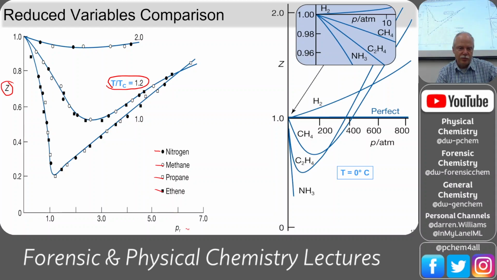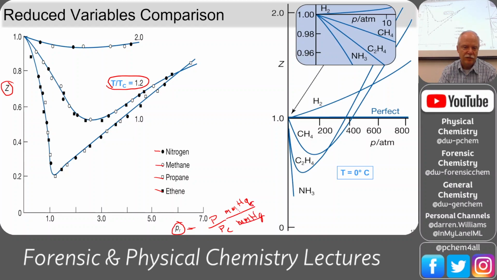So this is the reduced pressure, which is equal to the P over PC. And this is the Z value, which would include that V over VC. And this is the T over TC, and they all fall on the same lines. So this is telling us that those critical points capture the differences in all the gases. This is also an engineering trick, I would call it. And notice that this pressure axis actually has no units. So if this was millimeters of mercury on top and on bottom,